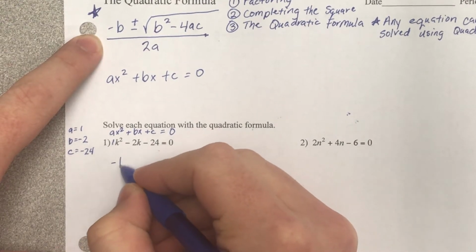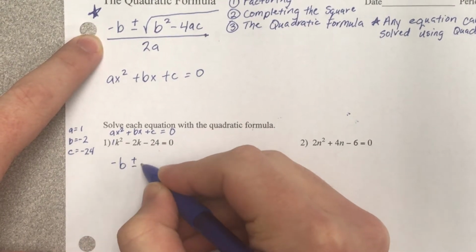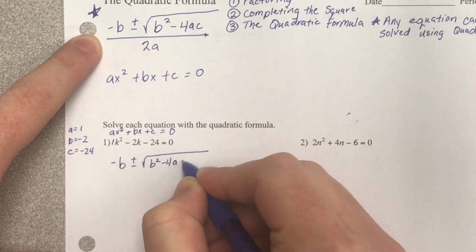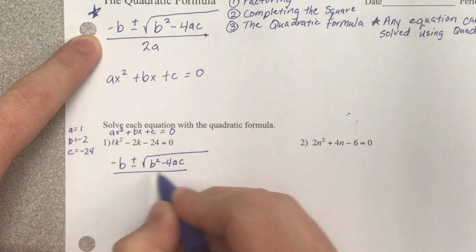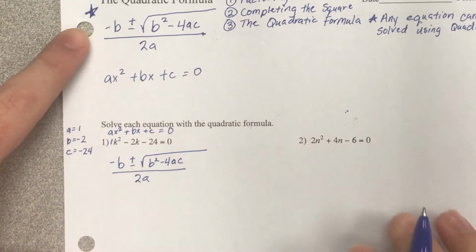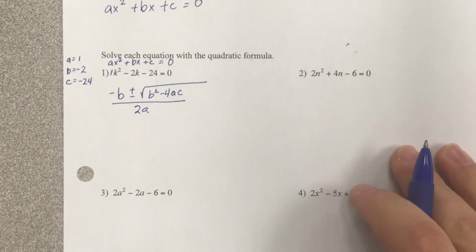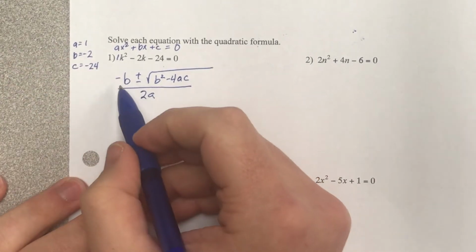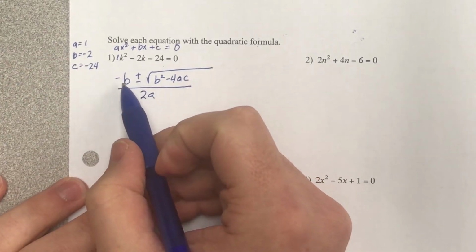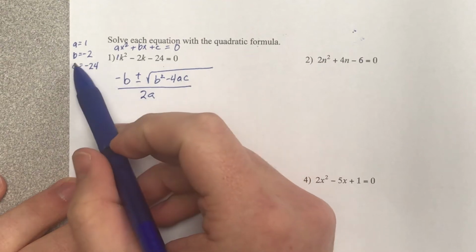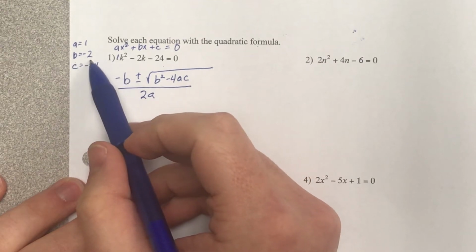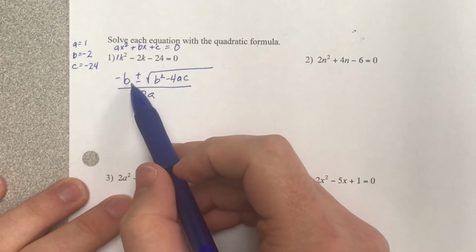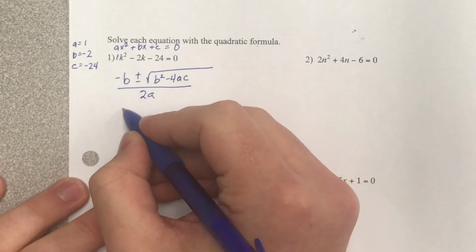So we got -b plus or minus the square root of b squared minus 4ac all over 2a. So now we're just going to substitute these values in. So the opposite, so it's like -b. So the opposite of b, well, if b is -2, the opposite of -2 is 2. Or you can think about it like this, -(-2), which is +2. So we got 2